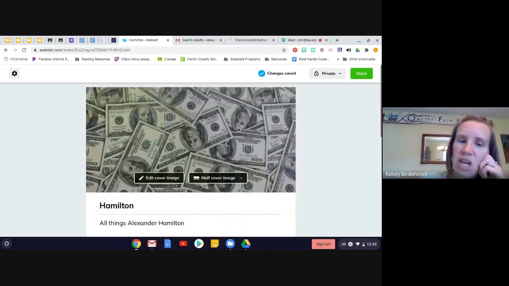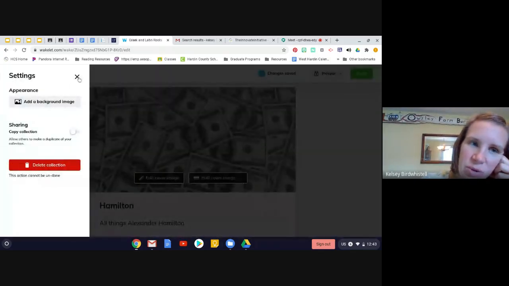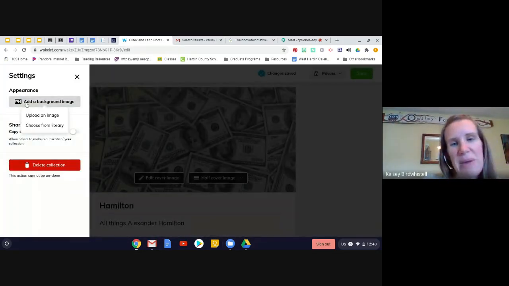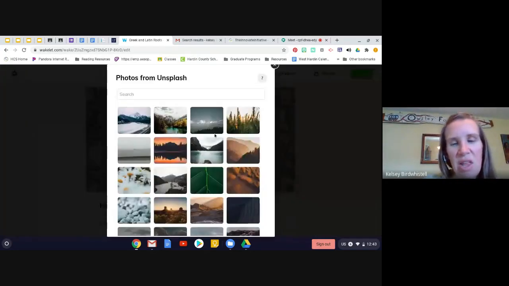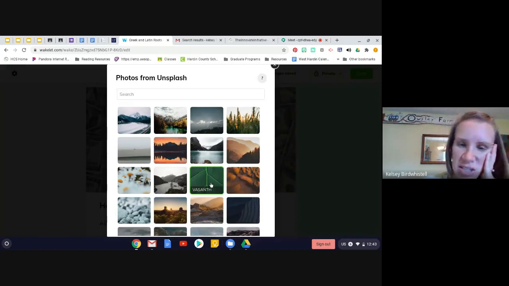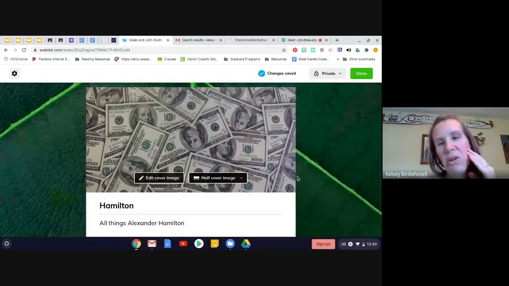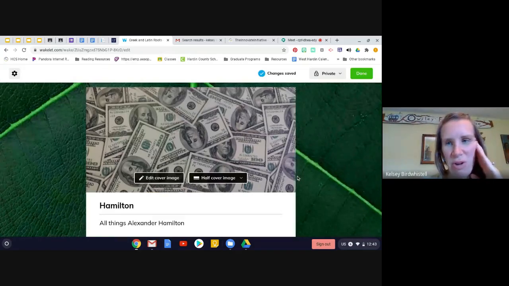Do notice that over here, hang on, there's a way to do a background image on this too. Yeah. So if you want to get real fancy, you can go over here to the little toggle wheel, the gear in the upper left-hand corner. And let's say I'm like, this background is way too boring. I would like to add an image. Oh, this is very nice and serene for my background image. So I'm going to throw that on there. And then boom. Just to add a little visual interest, or whatever you're going for there.